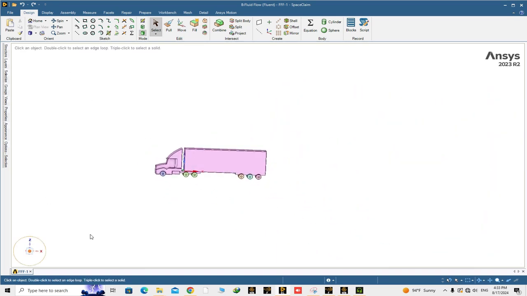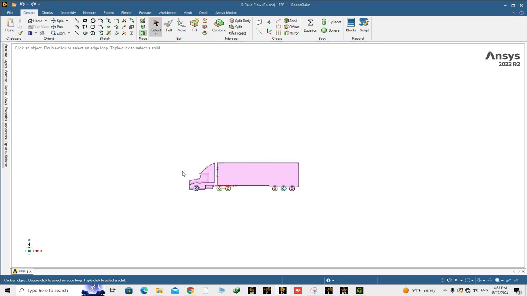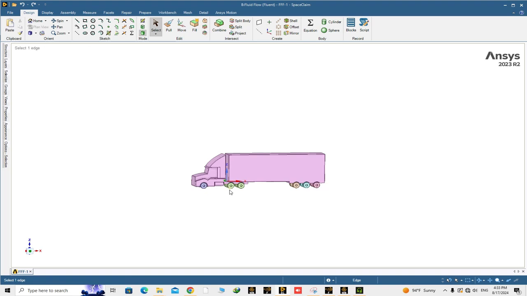Now it's time to define the domain around the truck to simulate the airflow behavior around it. Actually, we want to simulate how the airflow comes in the domain. Then we want to simulate what happens behind the truck. Okay, to do that,